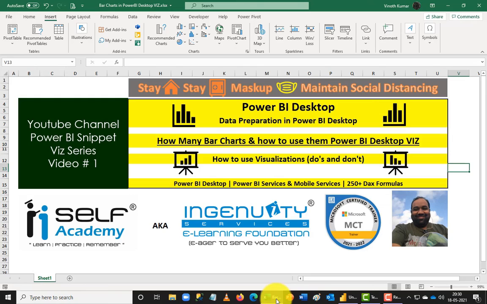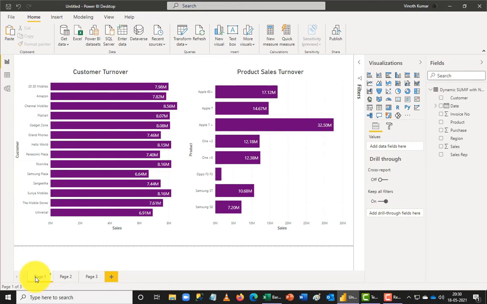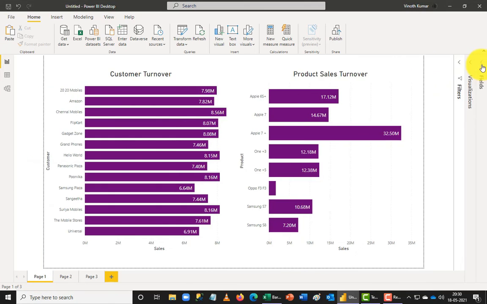So, how to use a bar chart. Today we touched two kinds of bar chart. The first is the stacked bar chart. The next one is the clustered bar chart. I'm sorry about that, stacked and clustered bar charts are the two different varieties. We saw how to work with them effectively in a normal case, where I just add only one condition here, and that showed my data really well. And then I changed the colors. The colors have become a little better in Power BI Desktop right now after the April 2021 version, so we have a lot more colors to play around with.